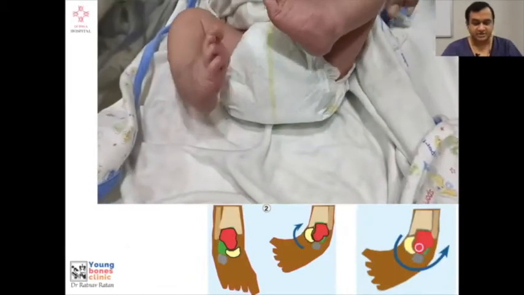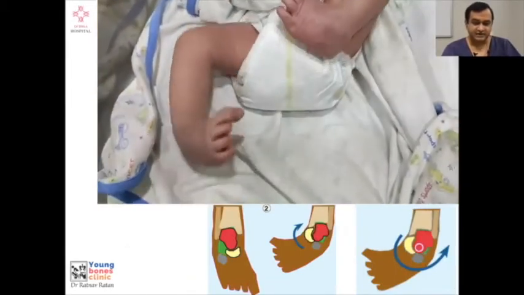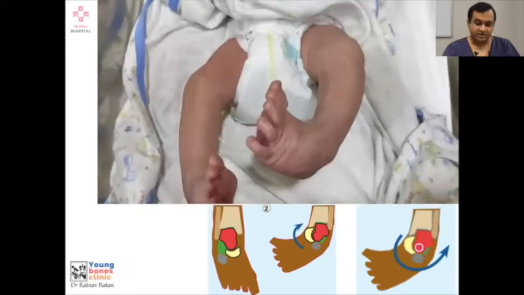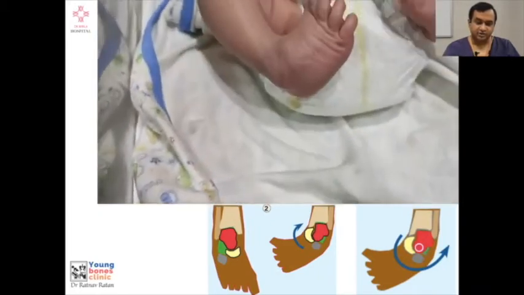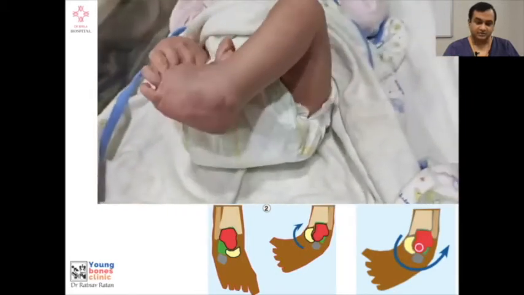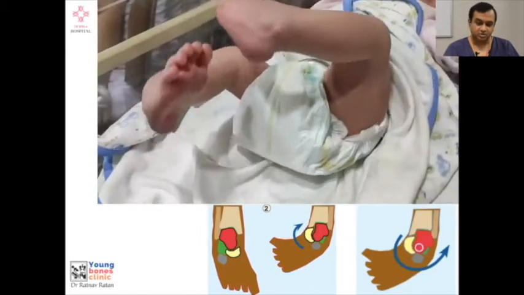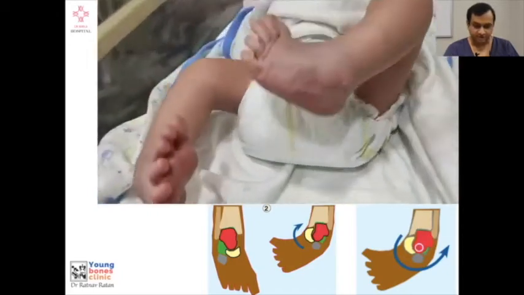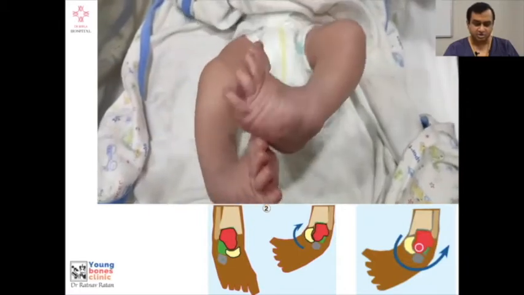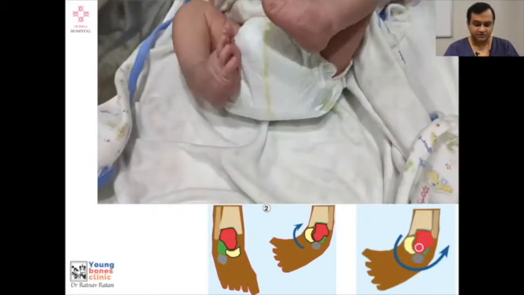This is a newborn, a day 1 child with the classical bilateral clubfoot with the inward and upward turned foot, and all the classic findings of an idiopathic clubfoot. As you can see, the child is actively moving both the limbs, the toes are moving, dorsiflexion of the toes is there. This usually signifies that there shouldn't be any associated neurological problems. So this clinical examination is very important at birth.